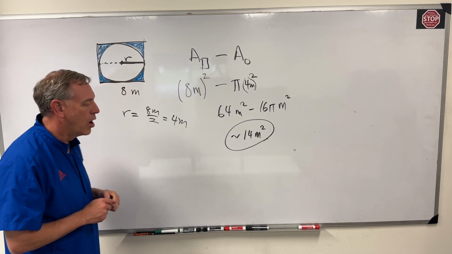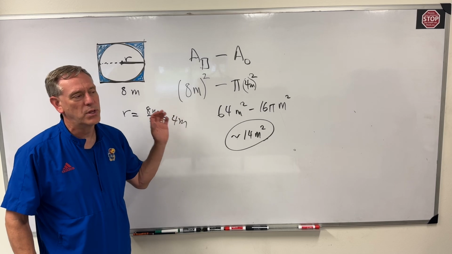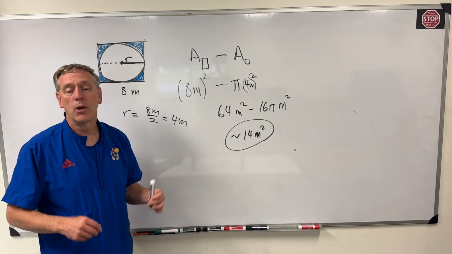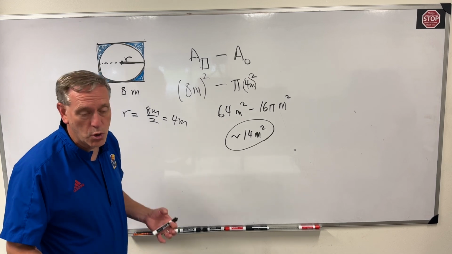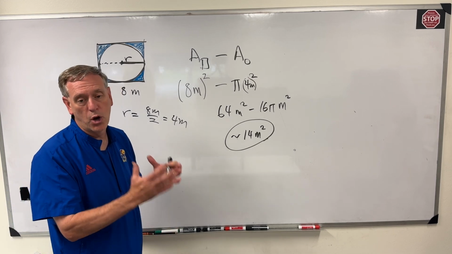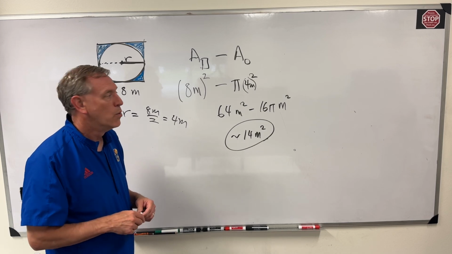All right, so on Wednesday, we'll cover a couple other little problems with this and then spend the rest of our time talking about volume and the volume of objects like cubes or spheres or cones. Those would be the 3 main ones we talk about, or cylinders, those 4. We'll cover those 4